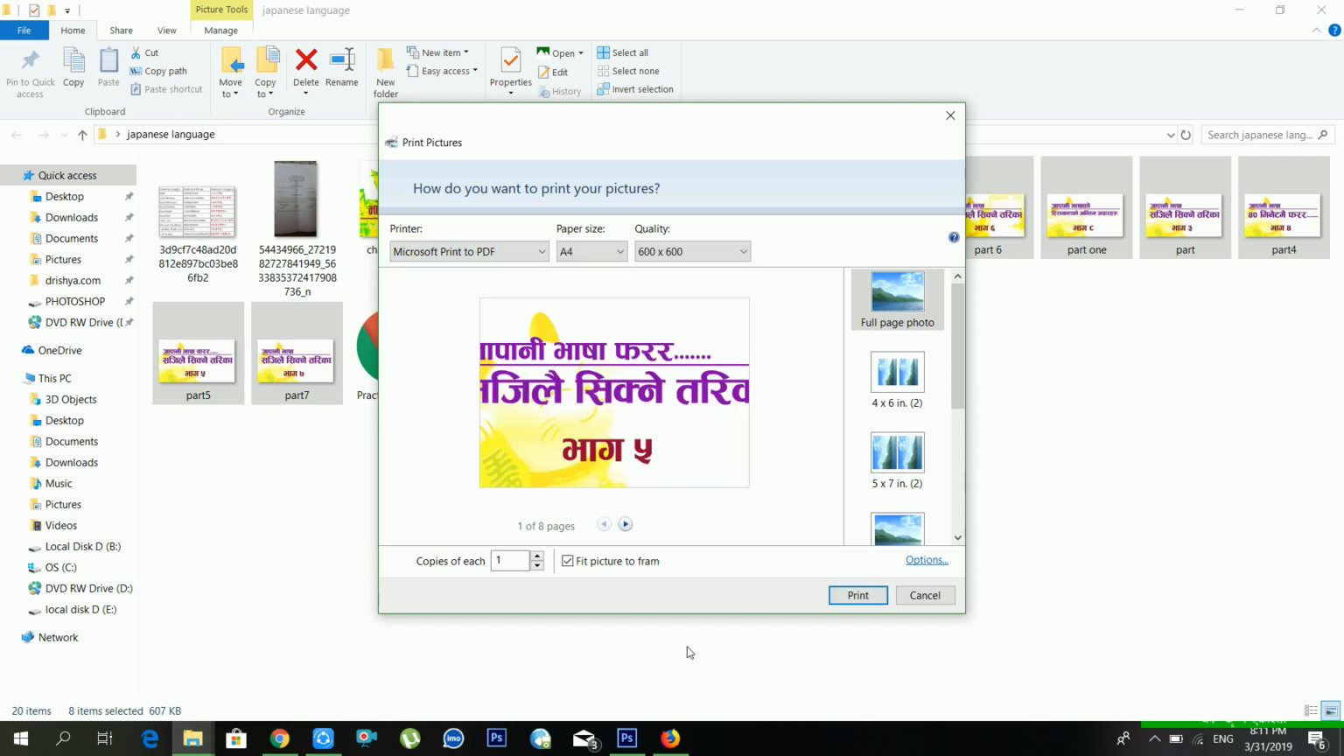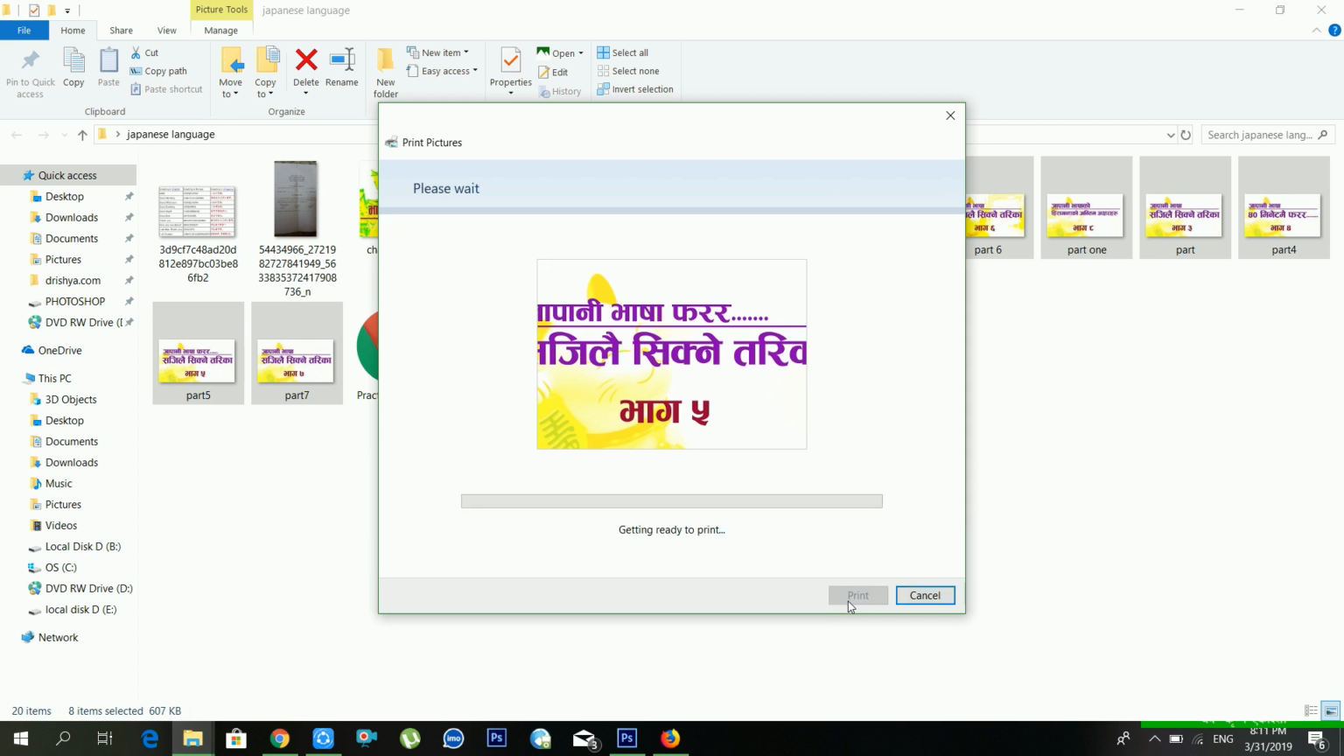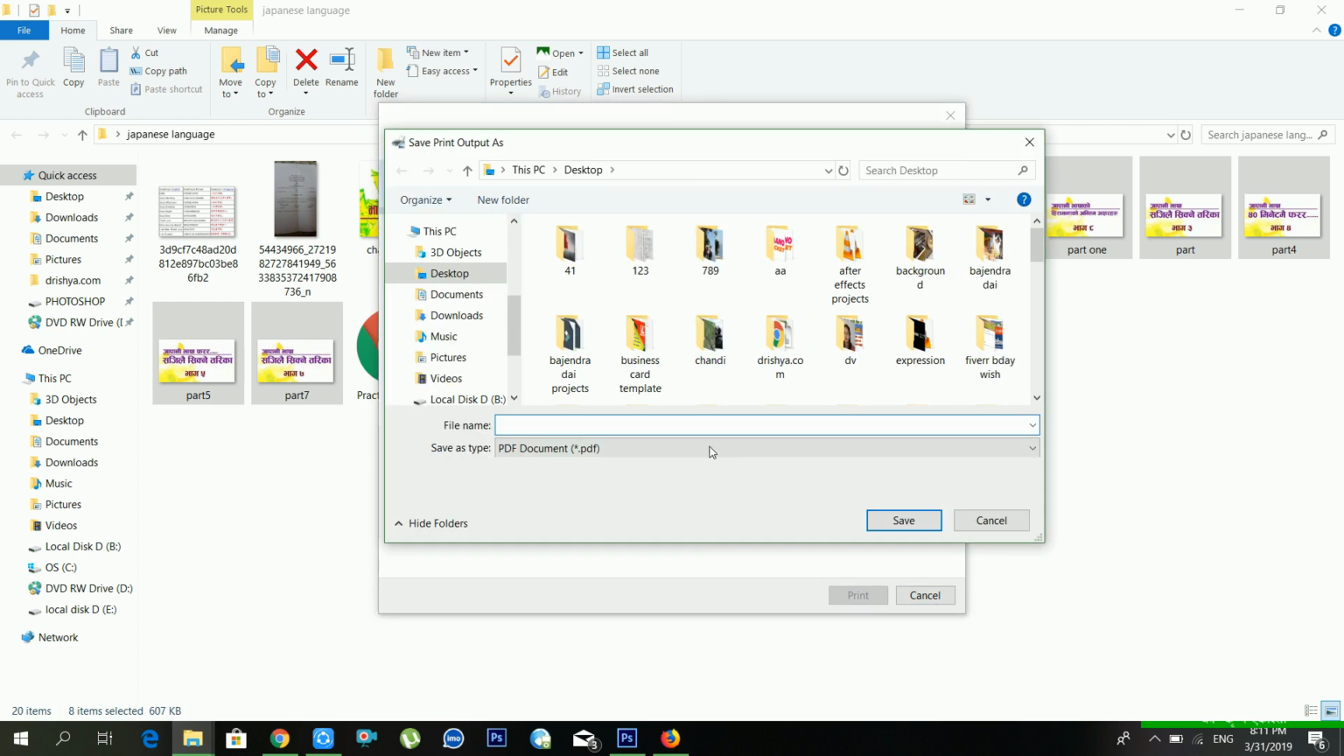Okay, then after this you can see there are 8 pages. You can choose the paper size from here, and you can choose the quality also from here. After this you can choose the size also from here, like full page photo, 4x6 inch, like this, but I'm choosing full page photo. After this just click Print and choose the location and you can save it,